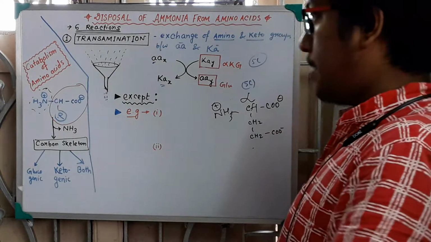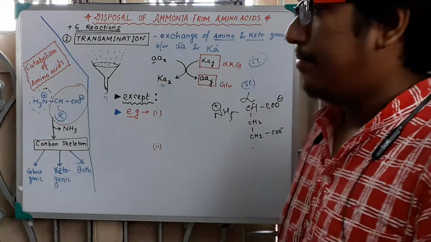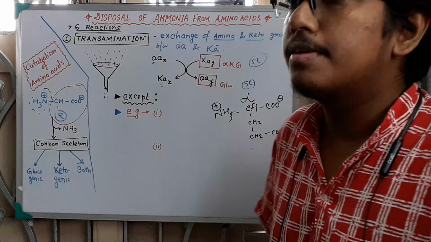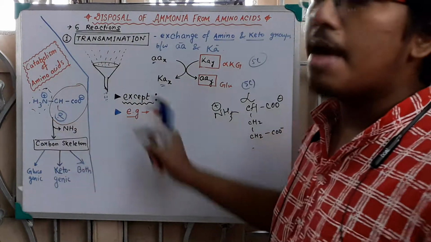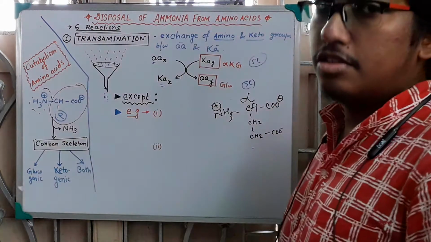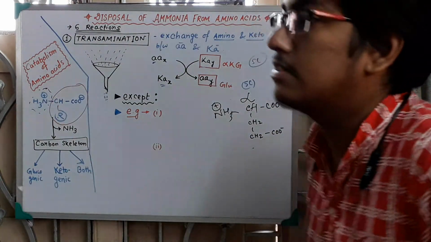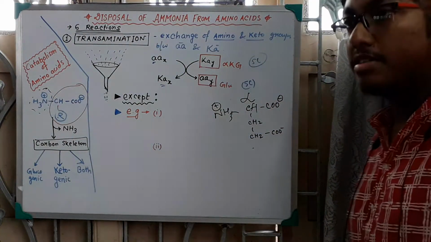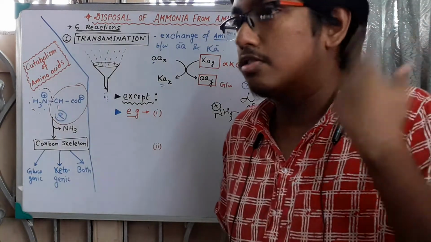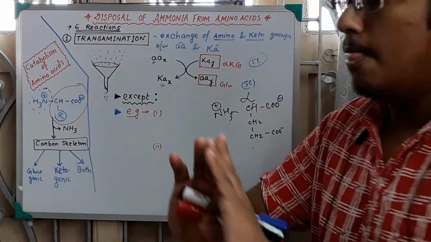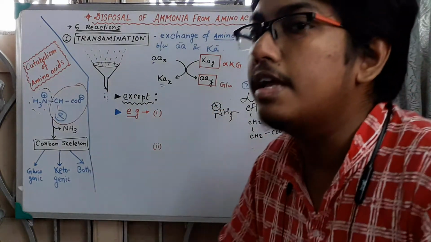Just like this, in our body, amino acids are present that will be catabolized, and by this the ammonia groups will be released. But you know that ammonia is a highly toxic material for our body. Now what can I do with this toxic material? We must not let it remain as free ammonia.